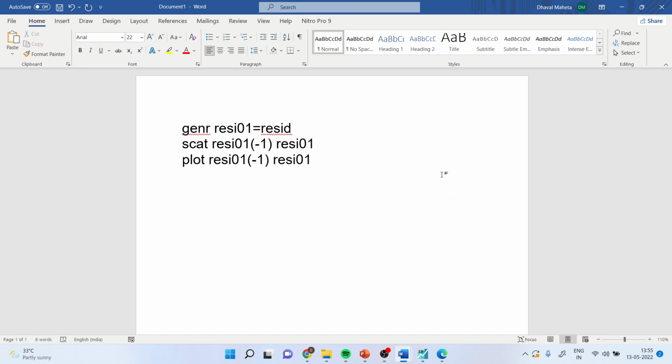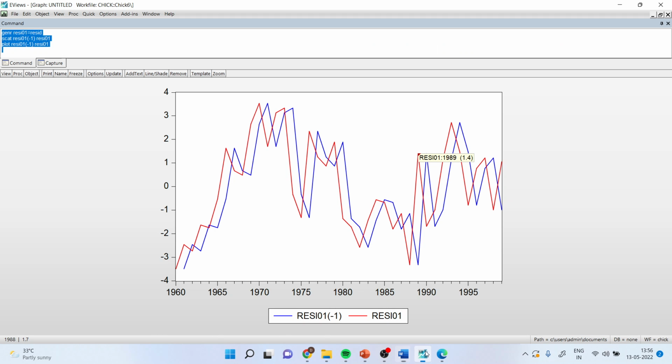Now, all those who are not able to see the command, I have written it in the Word file. You can see here now. Generate resi01 is equal to resid, scat resi01(-1), that is the previous error, with the present error, resi01. Plot resi01(-1) resi01. Now you again go in the equation